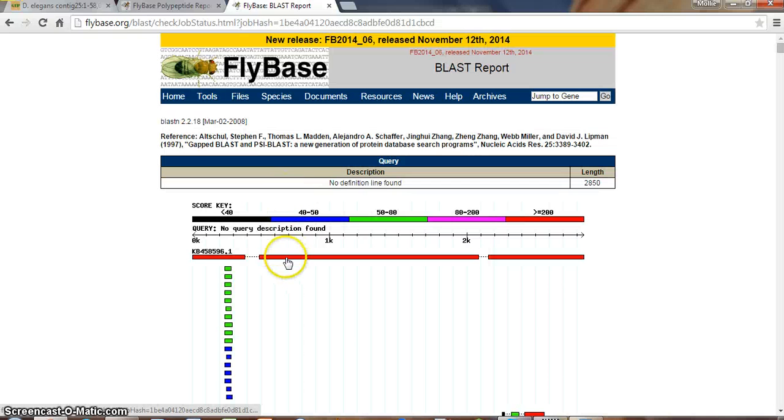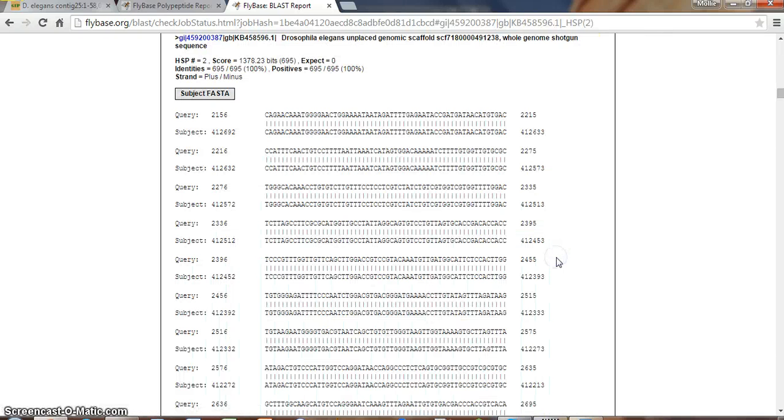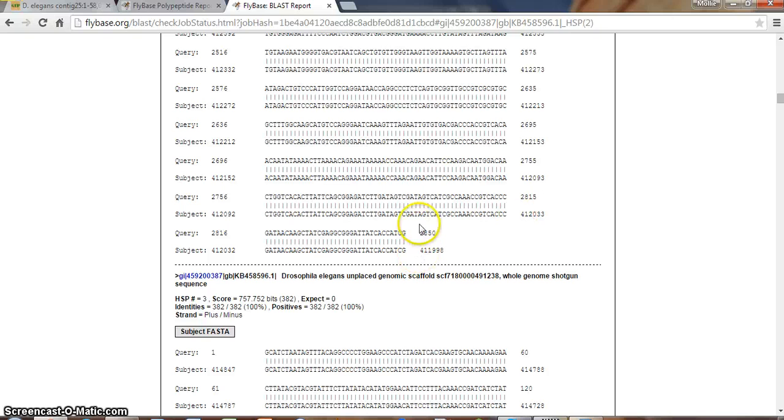Okay, awesome. So we got another nice, pretty strong hit, and then a whole bunch of not very good hits. And so this is what we like to see. This is 228.50 in length, and I want to make sure that this hits the last nucleotide, which it does, and that ends at